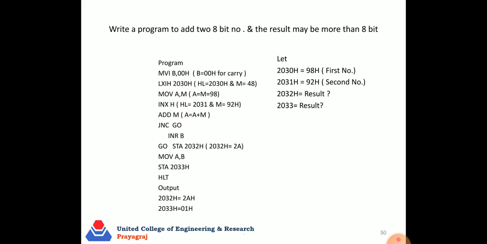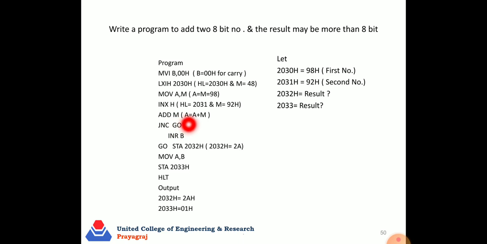We can check this with the help of the jump instruction JNC, as we discussed in the previous lecture. JNC means jump, and here we write GO. It is only simple syntax; you can choose any label.